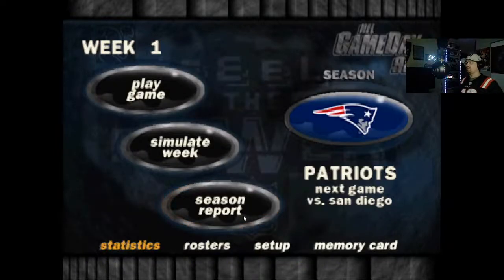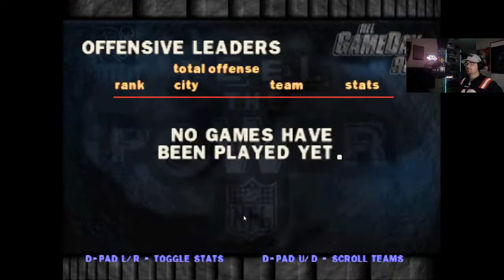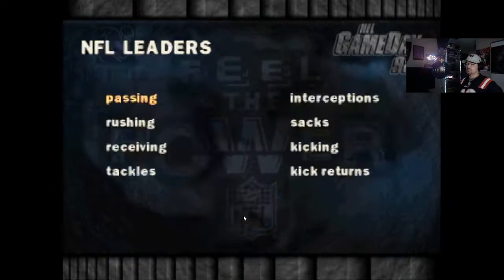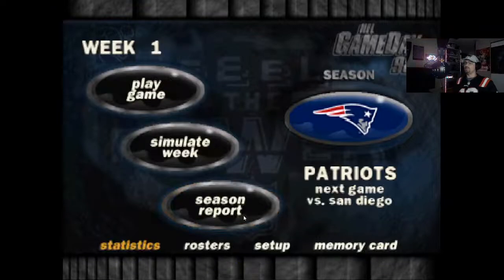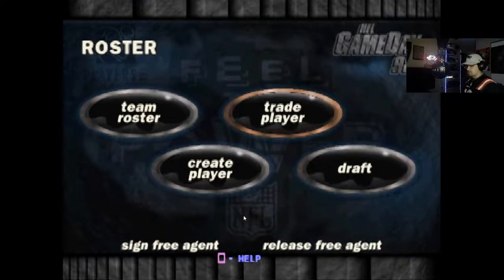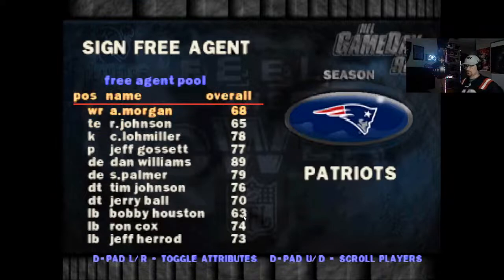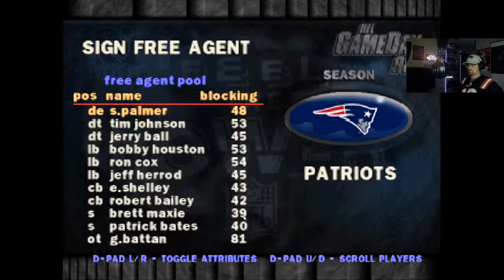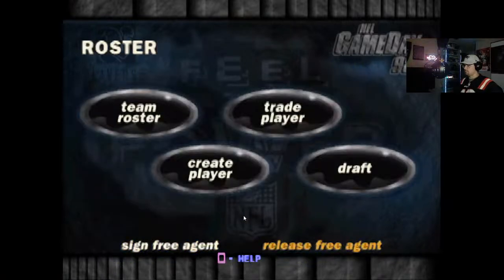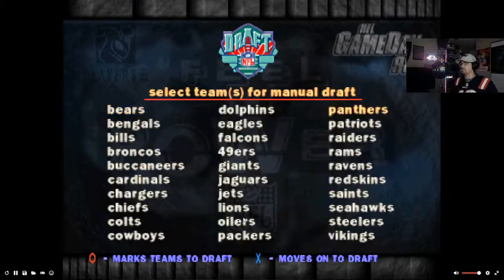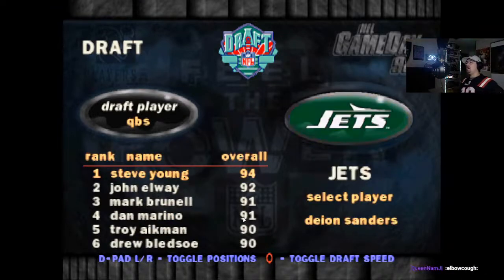Interesting. Wow. You've got some passing stats. You can create a player in here. You can sign a free agent. You can look at the whole team roster. We can go to draft. Oh!